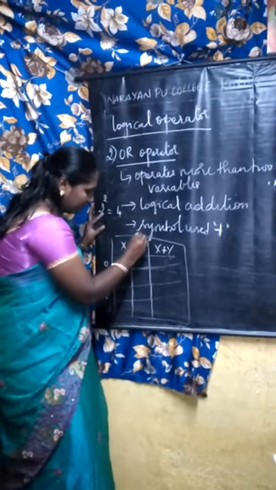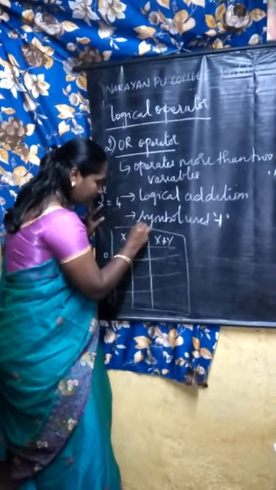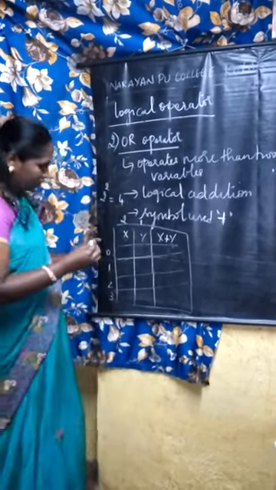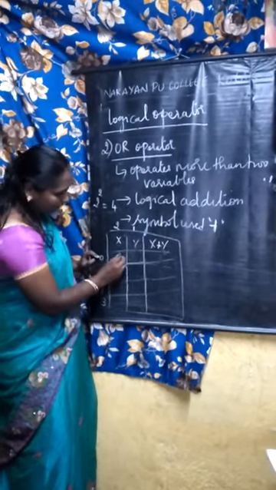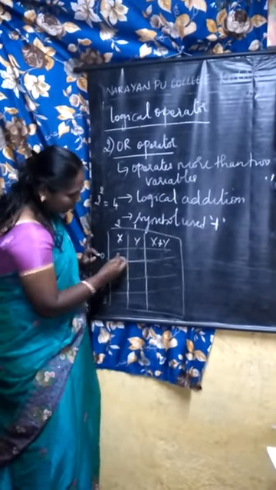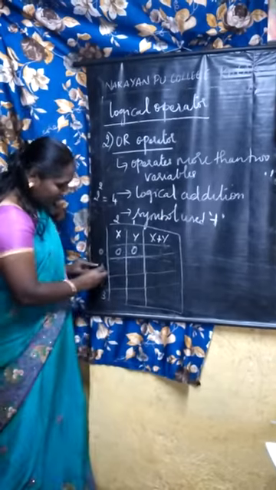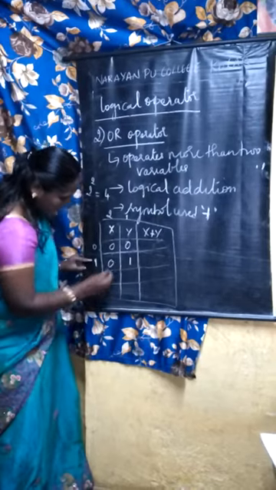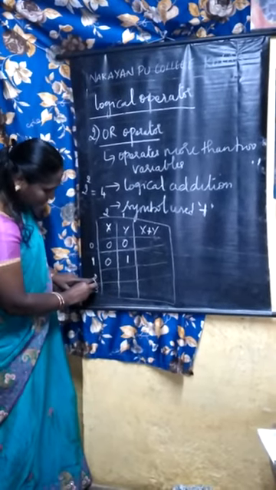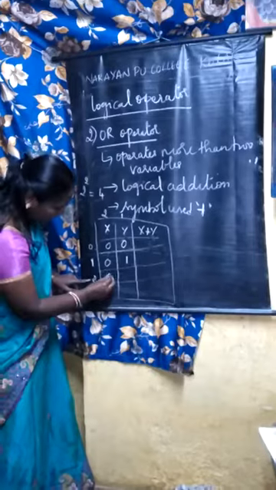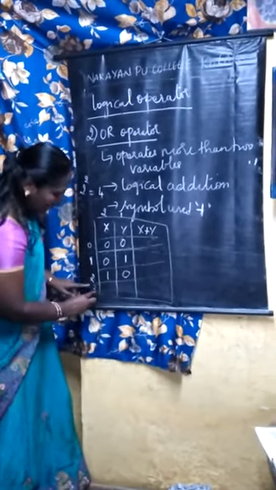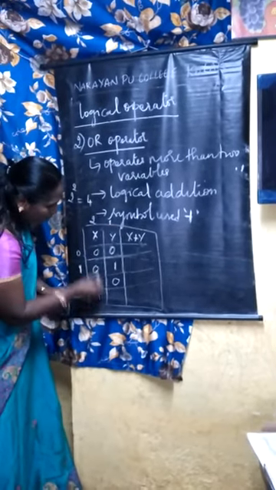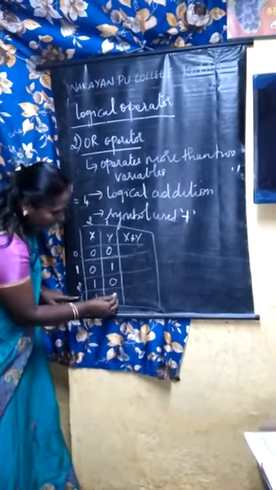First you go in multiples of 2, that is 1, 2, 1, 2. Ones are 1, twos are 2. For 0, in the values of x and y, place 0 in both places. For 1, place 1 in the last place, the remaining place is 0. For 2, place 1 in the first place, the remaining place is 0. For 3, that is 2 plus 1, both x and y are 1.